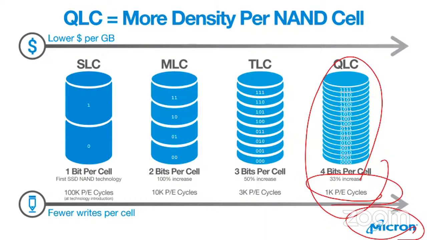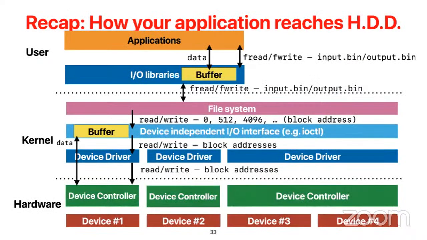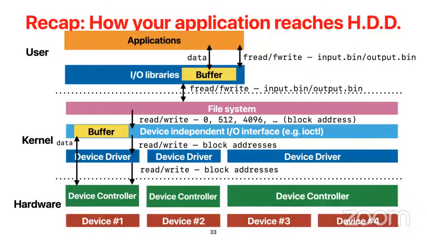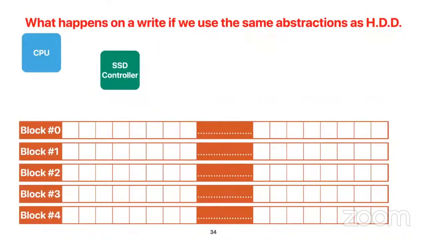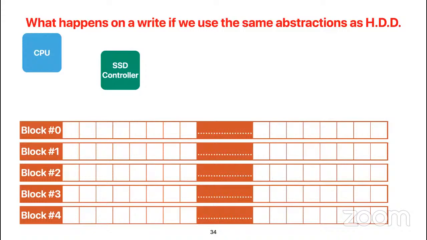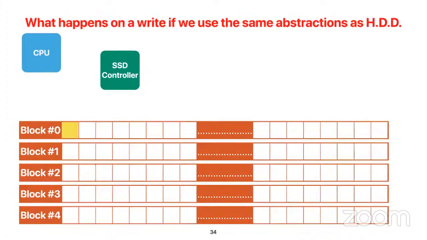So you really have to design your file system carefully for this kind of device, because you can only reprogram the same place about 800 times. Thinking about that, if we leverage the same abstraction that we have, what happens inside the SSD is that, because we have to use this space carefully,